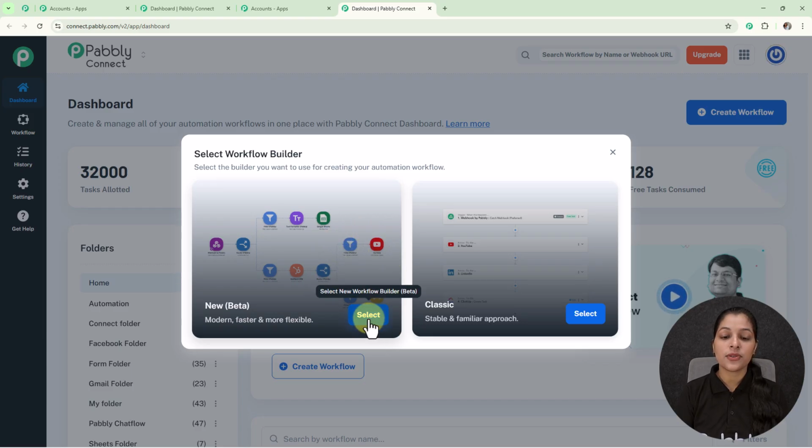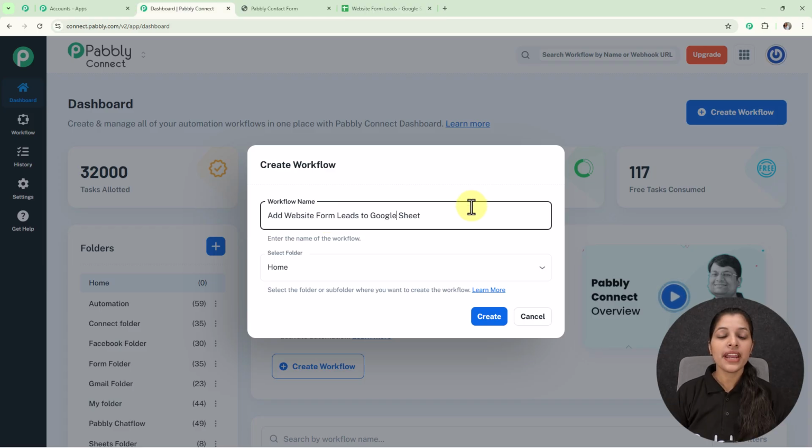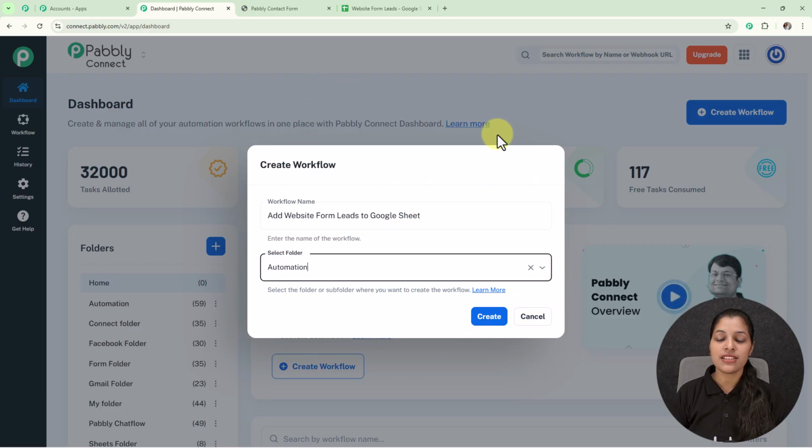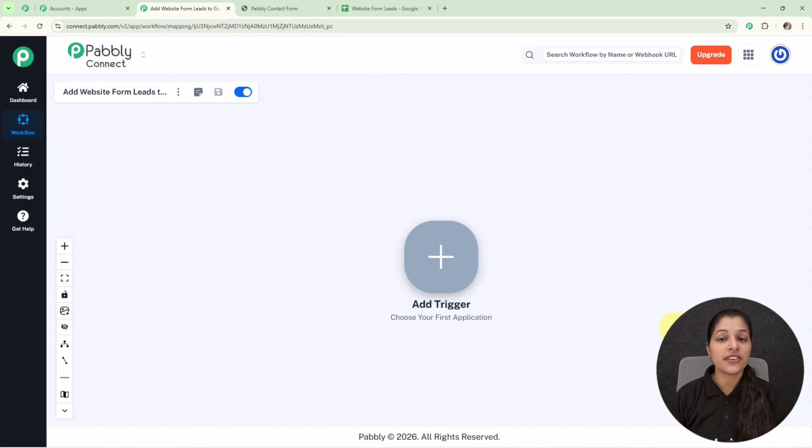So now let's click over this select button, and here we are getting this dialog box which is asking me to enter my workflow name. So now let's provide it. Here I'm providing it the name add website form leads to Google Sheet, and here I'm going to select my folder as automation. Now let's click over this create button, and here we have landed on our workflow page